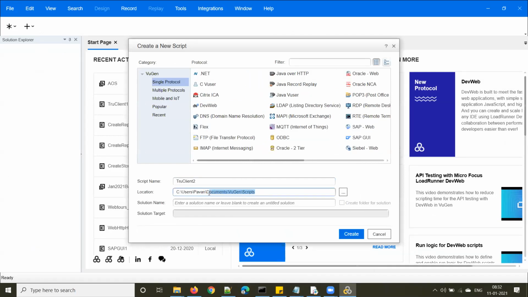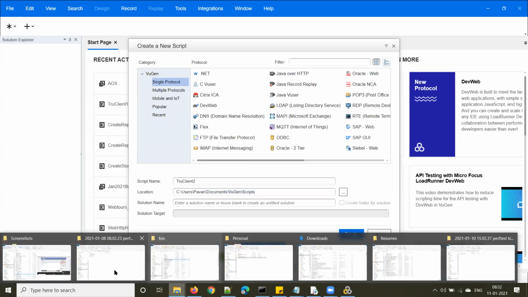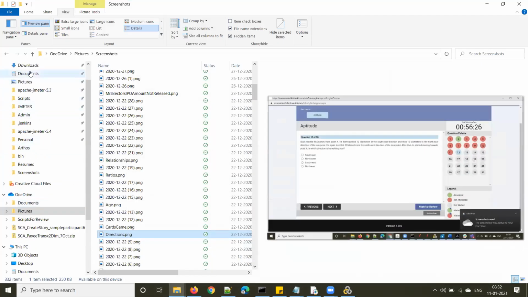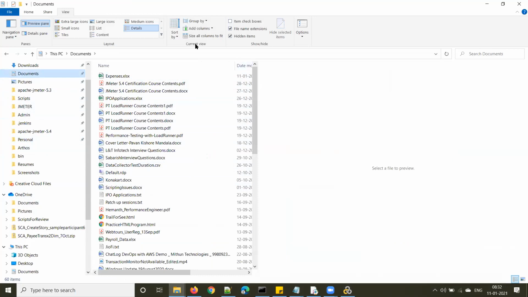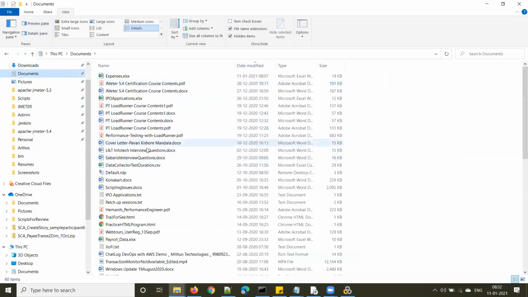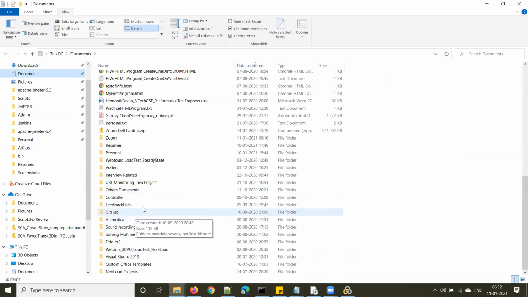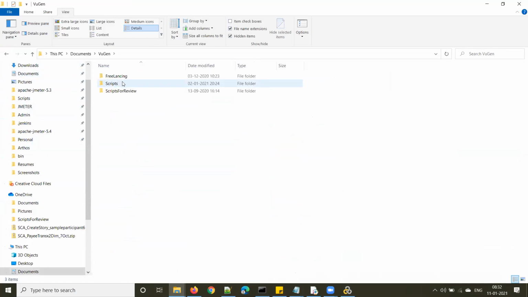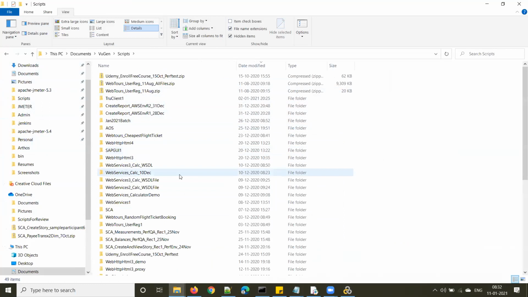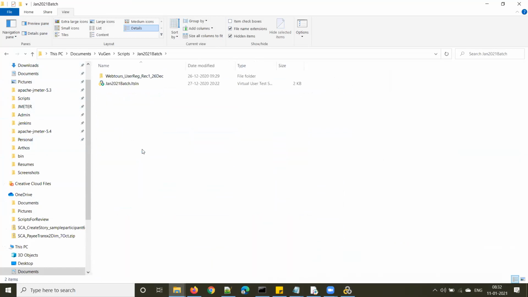This is the default folder: Documents, Vusion, Scripts, right? So go to Documents, Vusion, Scripts. I created a folder like Jan 2021 batch. We'll do it over here.